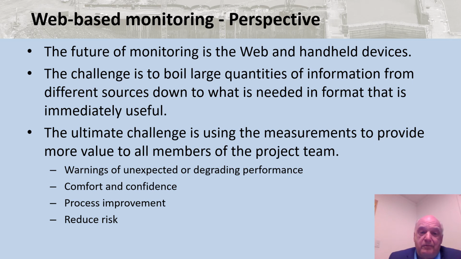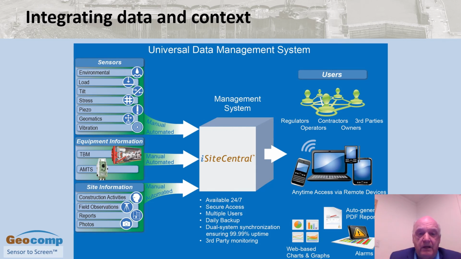So we use this I&M to give us warnings of unexpected or degrading performance. It gives us comfort and confidence that the job's proceeding well on an hourly basis. It helps us improve processes and it helps us reduce risks. This is just an example of how we integrate this information today. We're able to take measurements from machines, we take measurements from sensors, we take photographs, we take field observations